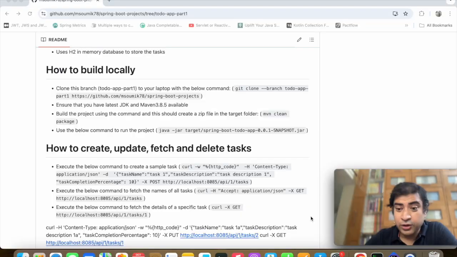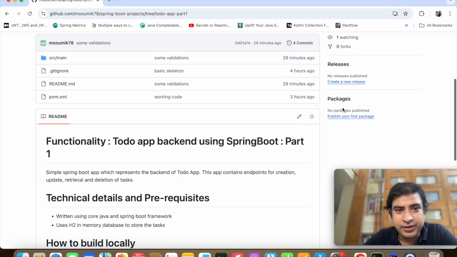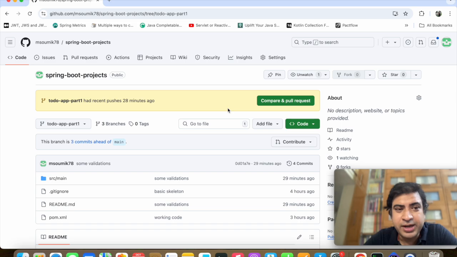So let's get started, and this is definitely going to help you to become a pro of Spring Boot if you are a beginner or if you are just starting with Spring Boot. In order to start with the project, in order to build the task service microservice in Spring Boot, please navigate to my GitHub repo, which is